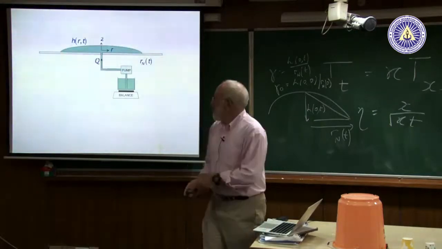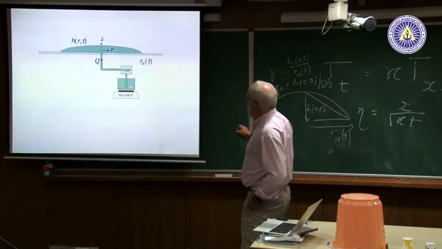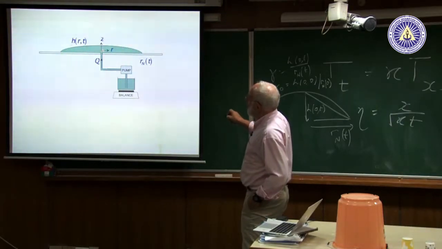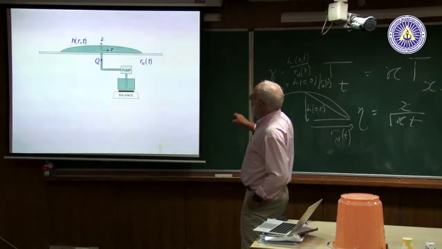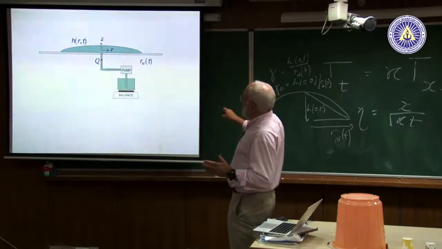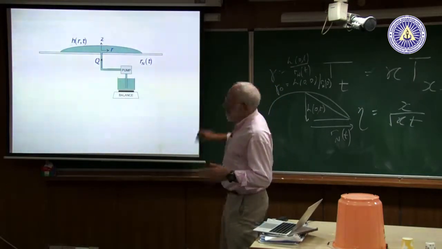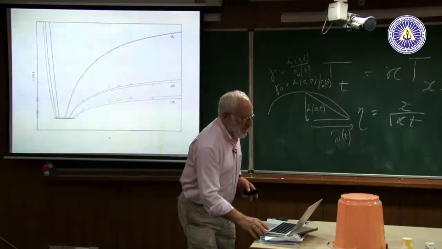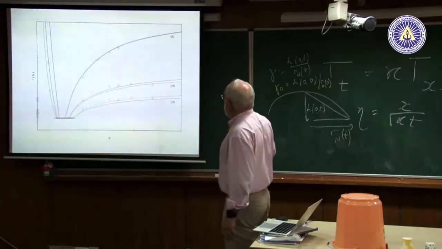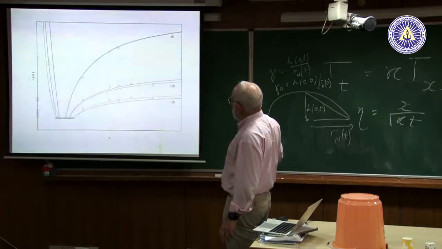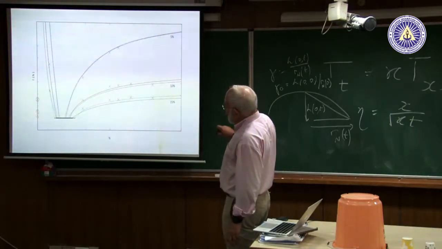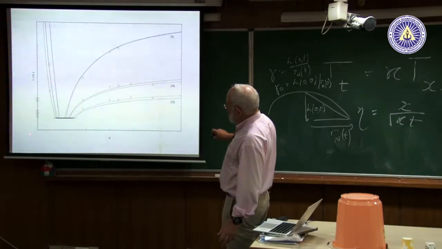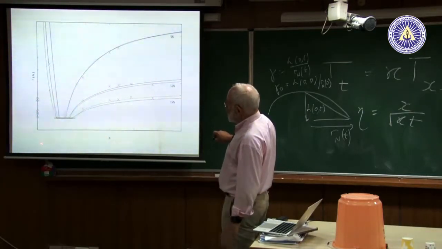Okay. We did some experiments, basically like this. We had a balance so we could measure the amount of glycerine in here. We pumped the glycerine onto a solid surface, and it spread out, and then at the time capital T, instead of doing it at Q, we did it at nQ. And here's the agreement between the experiments and the theory. Look at this. This is when n is equal to 0. So if you turn the thing off, it's really quite different.